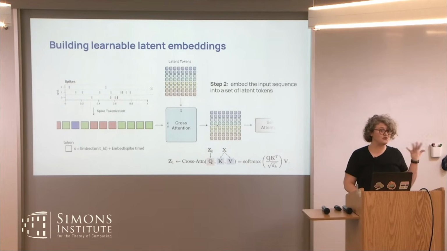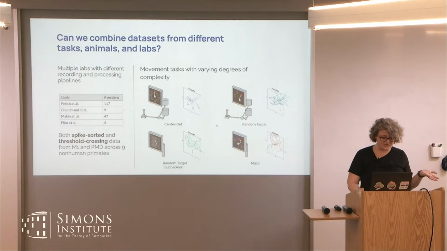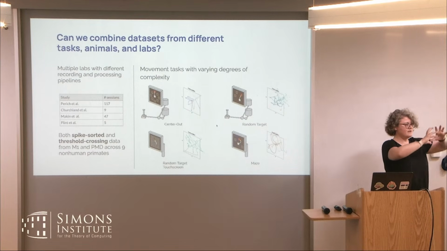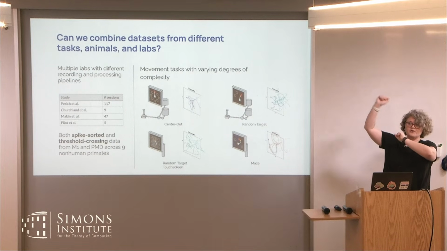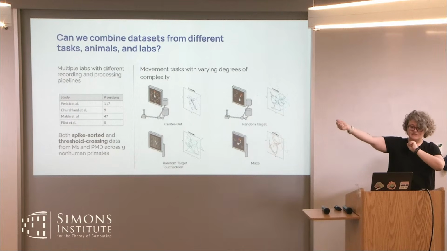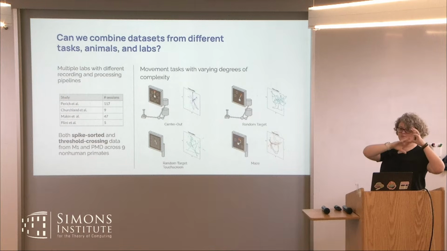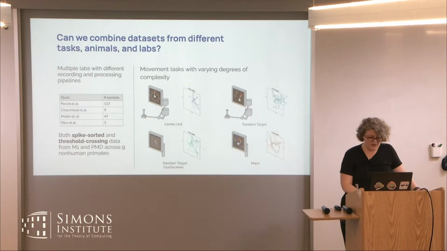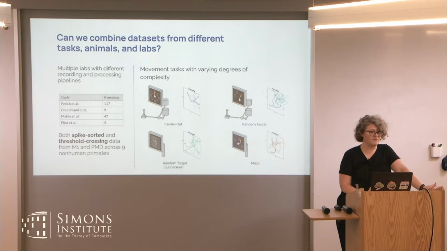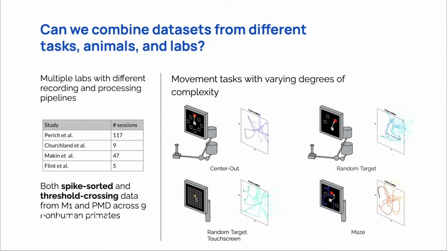And there's different ways that we can train these models. This first version was actually going directly from neural activity to predict underlying behavioral sequences. And so this is a supervised model in that sense, where we're going from neural activity to behavior. So in this first model, we showed that we could indeed use this type of architecture to scale up our models and also train on a lot of diverse data sets. This was the first attempt at actually training on different data sets from different laboratories.